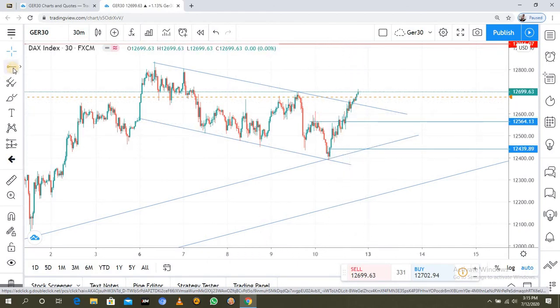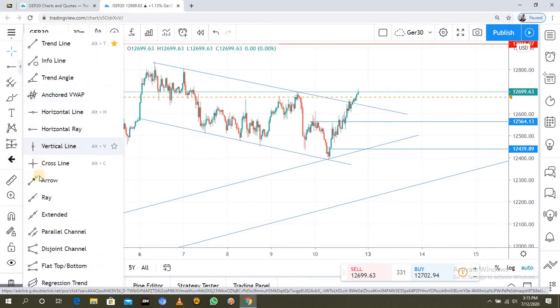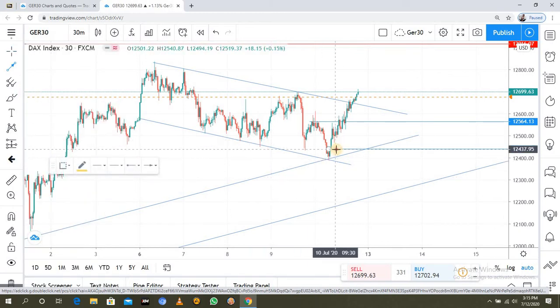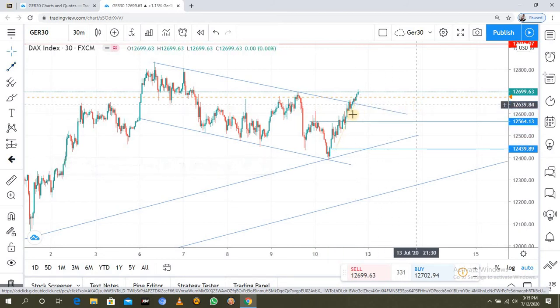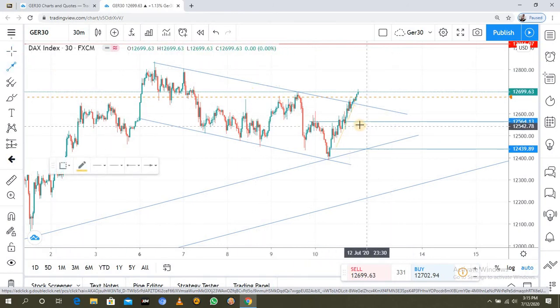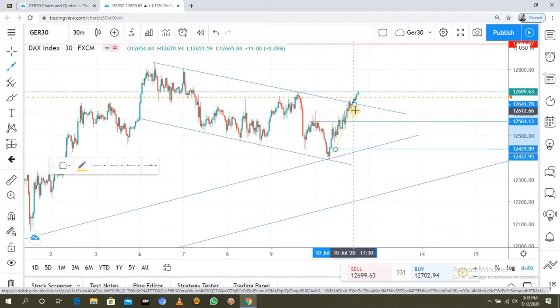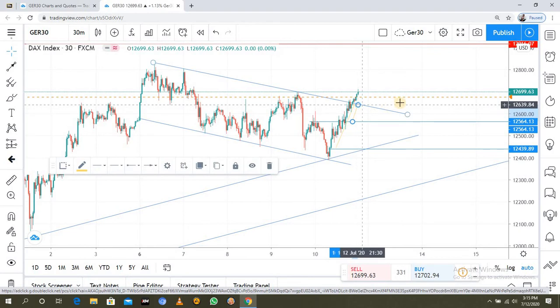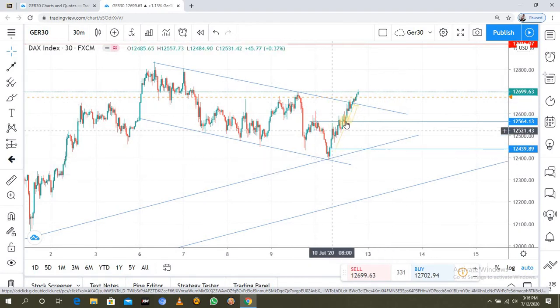So what are we saying? We are saying that if maybe you bought here, you take profit there on the trend line, because we don't want to be greedy. You take profit there, and even those who bought here, I think they took profit there, maybe plus or minus 15 pips or 30 pips, I don't know, you see.